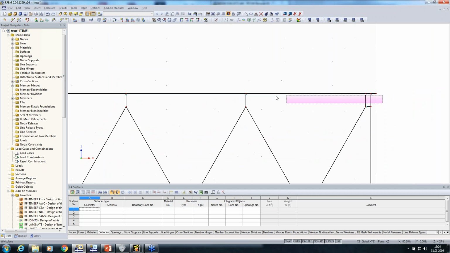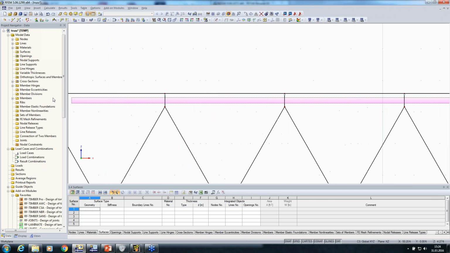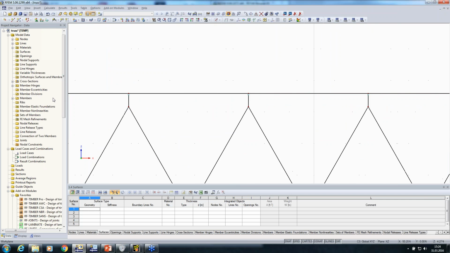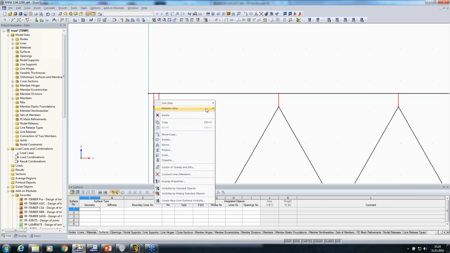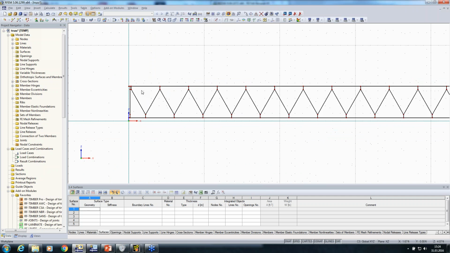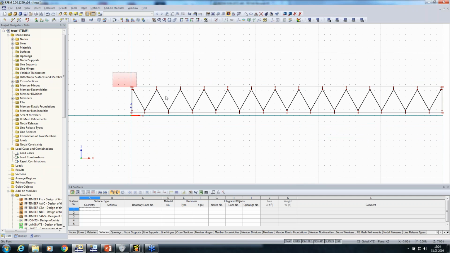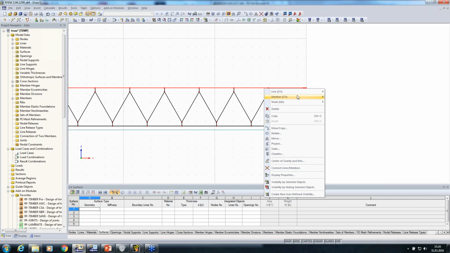One thing I need to say, these eccentricities here, the moment hinge should be downwards, it's upwards. Change it via right click and say member, reverse member orientation. And just to give you an estimation of the changes of the inner forces, I load it,